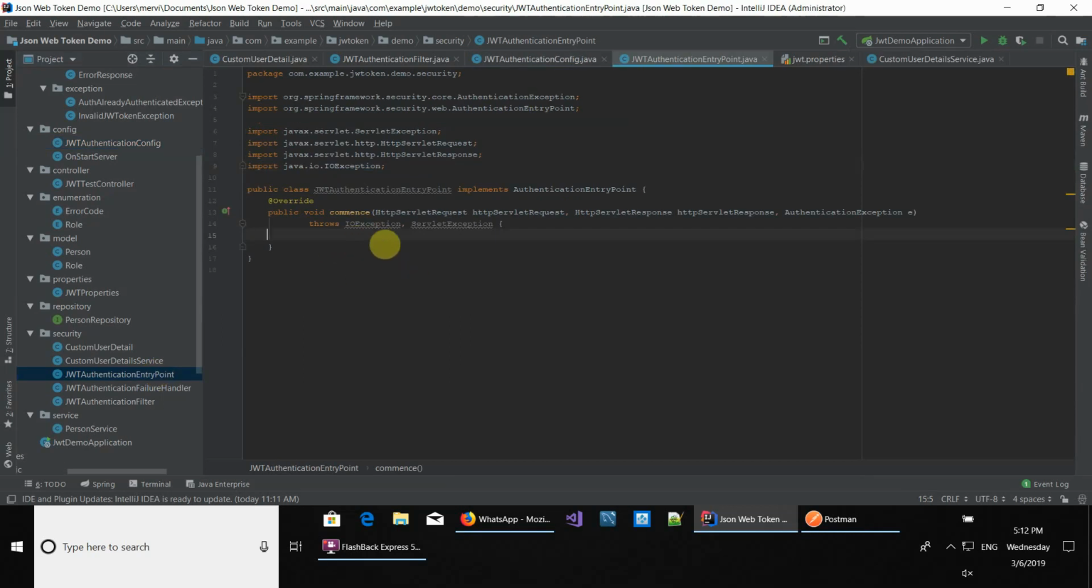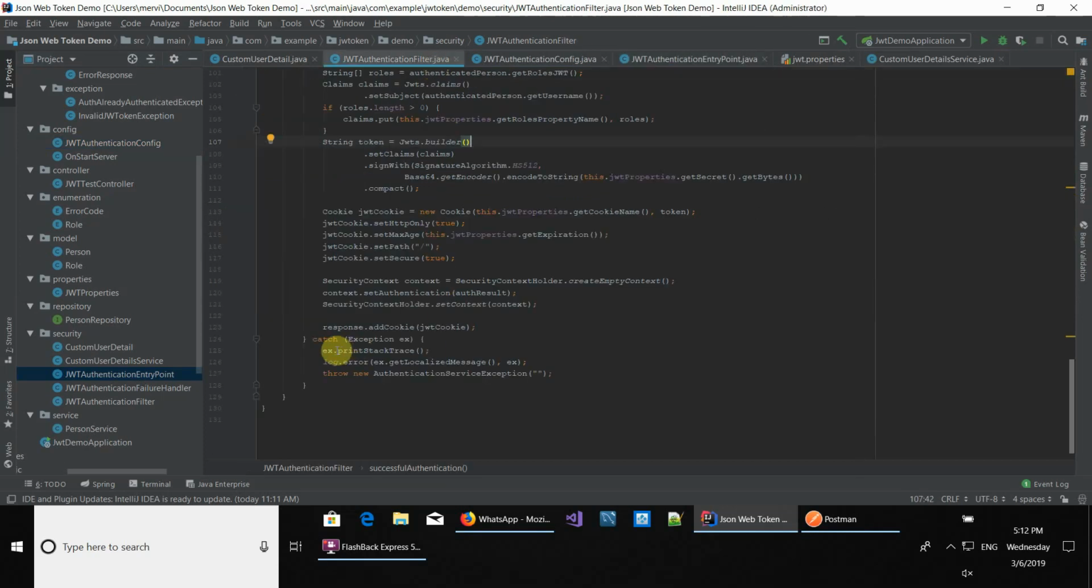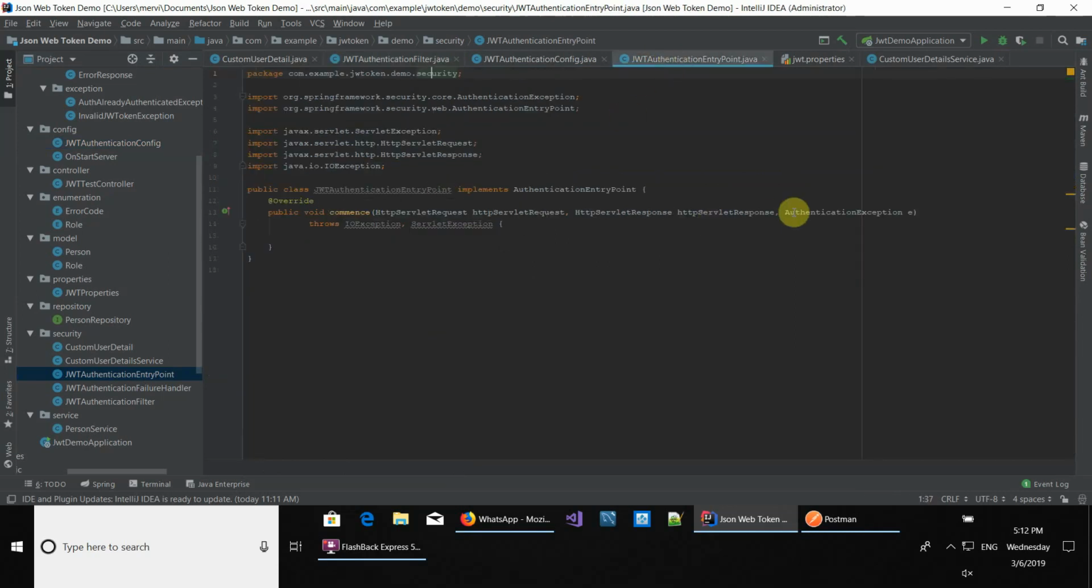If you can remember from the previous video, when we have the authentication filter, if something goes wrong in this method, it's going to be caught and another error is going to be thrown, and this error is going to be caught right here in this authentication exception. Okay, so let me put this in one more,